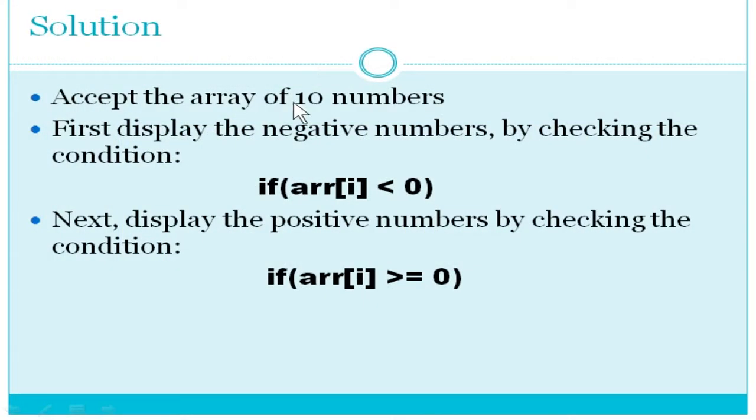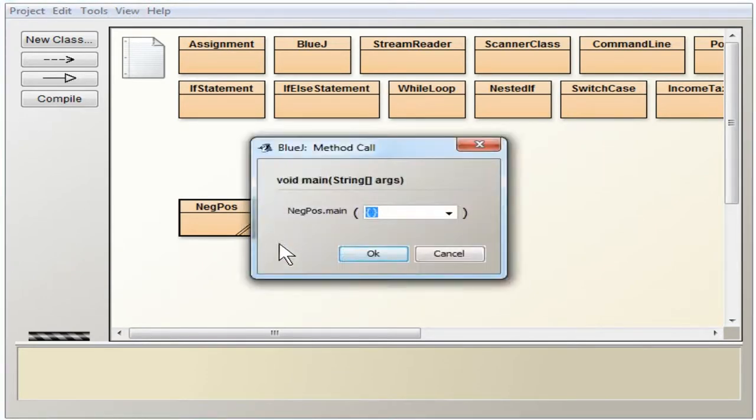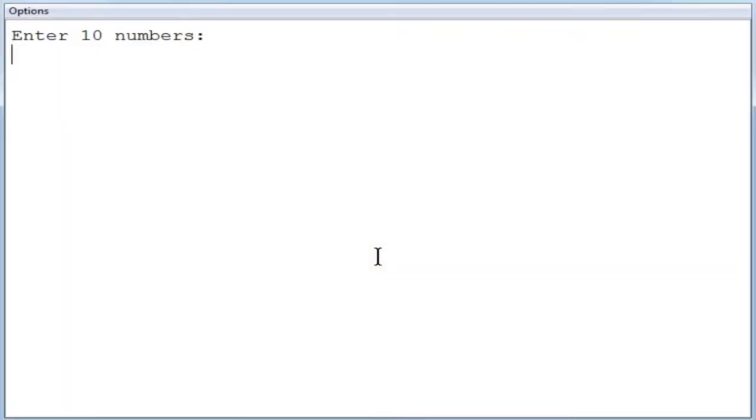No syntax errors. Okay. Now right click, public static void main is selected, click OK. Now I am going to enter 10 numbers. So I am going to enter say 12, minus 45, 16, 35, minus 75, minus 15, then 67, then 29. So 1, 2, 3, 4, 5, 6, 7, 8. Then two more numbers now. Minus 56 and a positive number 28.